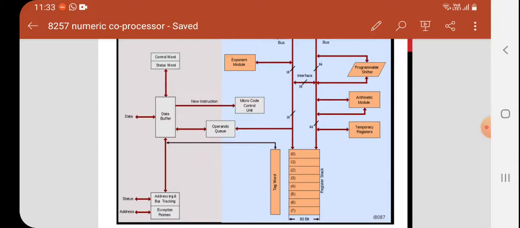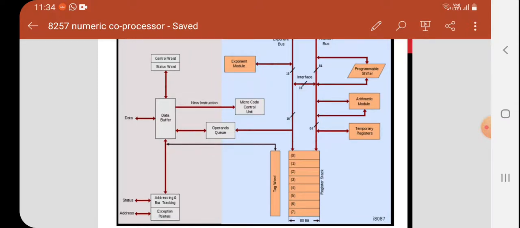It is not going to have any buses. We know that a coprocessor is not going to have any separate bus. Whatever bus it needs for its operation, it must get from the main processor. Here it is 8086. Whenever an instruction starting with F comes into the main program, the instruction control is transferred to the 8087, and the bus is also transferred. So 8087 completes that computational work and hands control back to 8086.